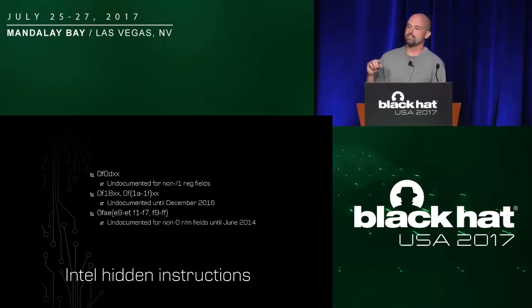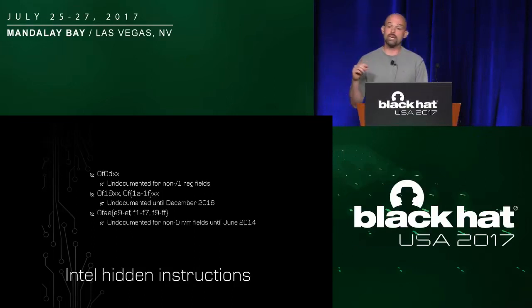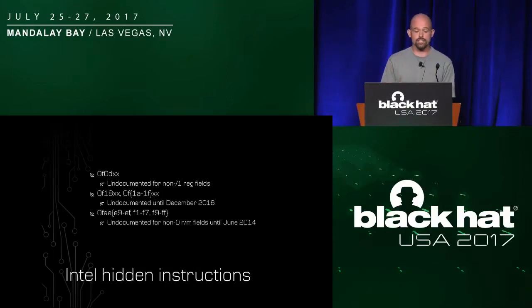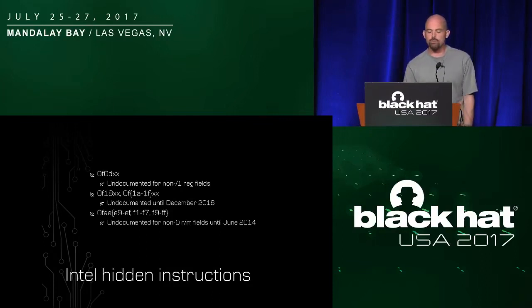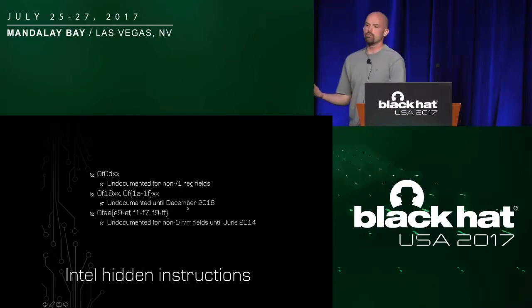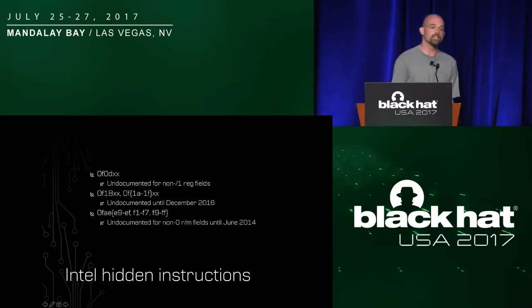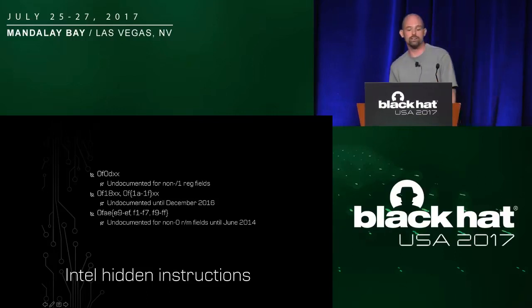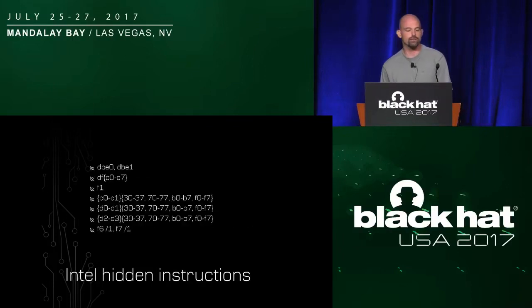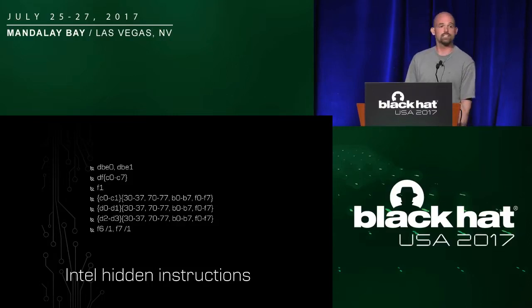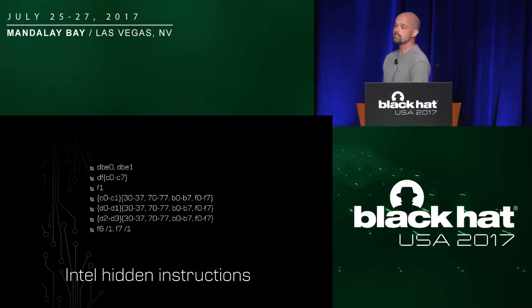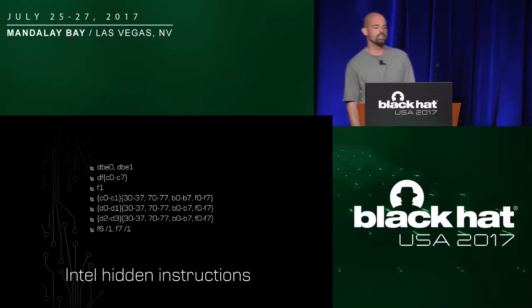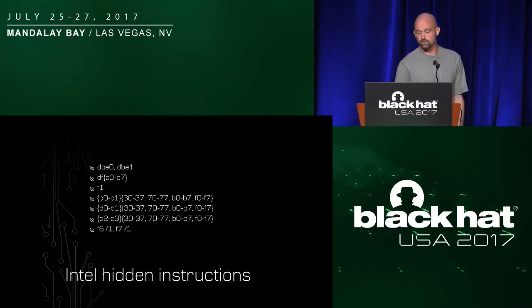Now, some of these instructions, Intel has very recently updated their manuals to actually include. So for example, 0F 18 and 0F 1A became documented by Intel in their December 2016 edition of the reference manuals. But I ran this test on a processor manufactured in 2012. These instructions were sitting around in my processor undocumented, secret, for a very, very long time. Other instructions found on this processor, on the other hand, DB E0, DF, F1, C0, D0, D2, F6, F7, entire classes of instructions still don't appear anywhere in the reference manuals. We have no idea what these instructions actually do.